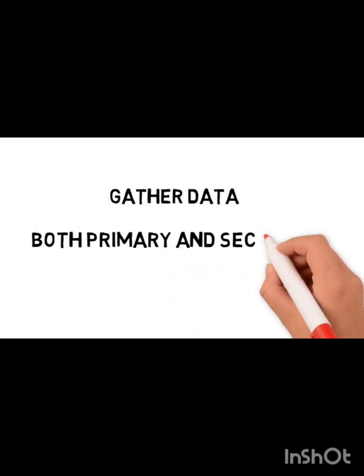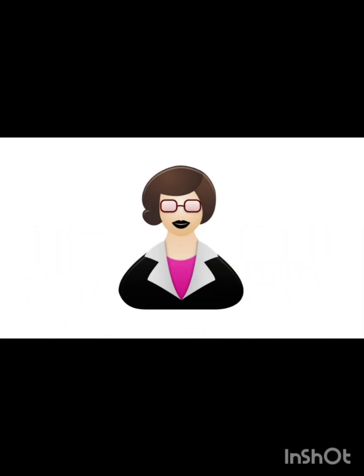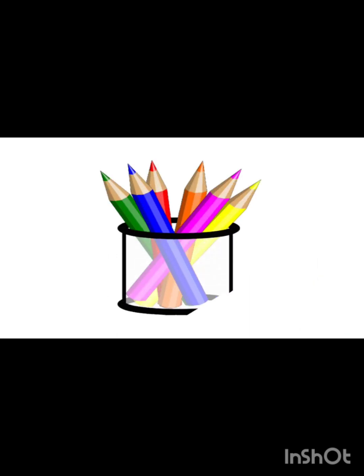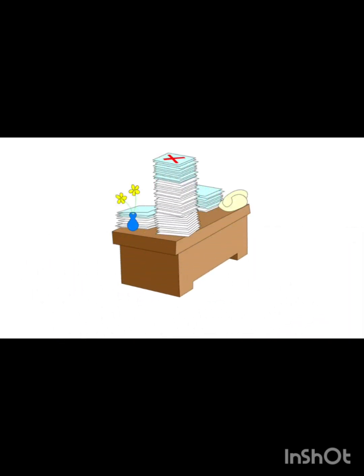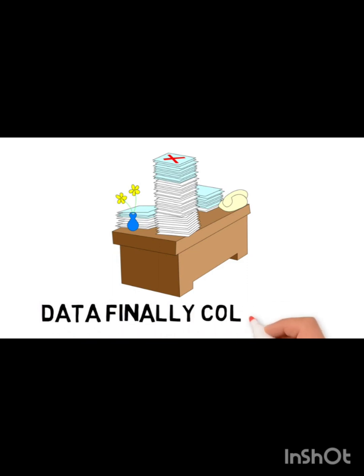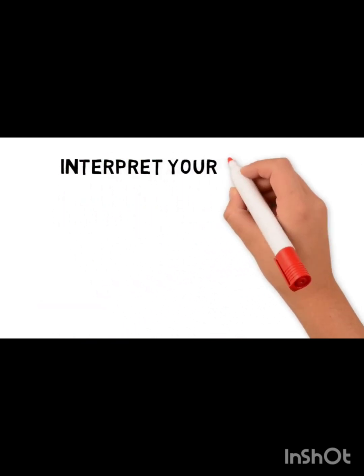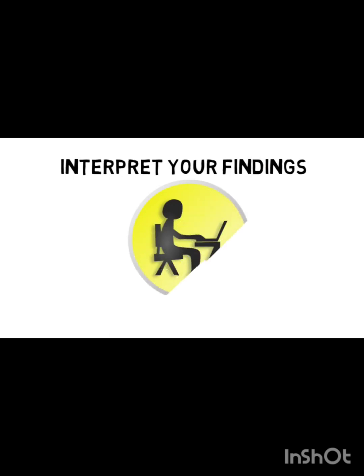Tip number 2. Collect sufficient data. After choosing the topic, the next step is to gather data, both primary and secondary data. The most important data is always primary data. In order to collect primary data, you need to prepare a questionnaire. Then gather the required data for your project work. Tip number 3. Do analysis and interpretation. After collecting primary data, you need to do a clear-cut analysis and interpretation of your findings. You need to plot diagrams and tables and adopt some statistical measures in